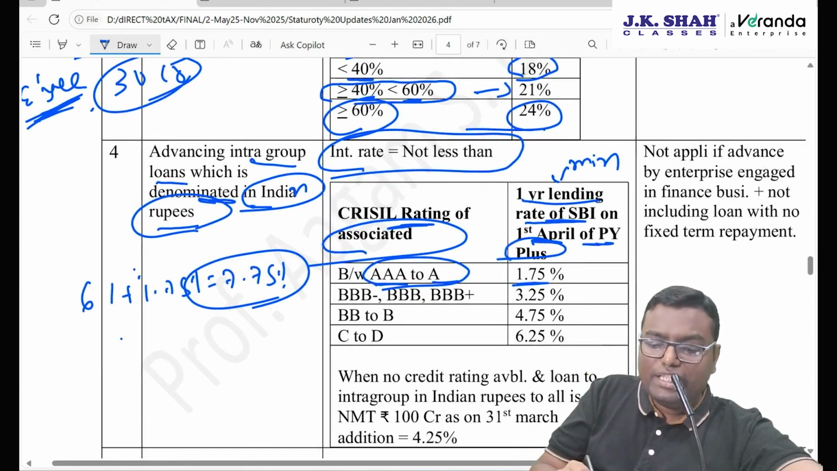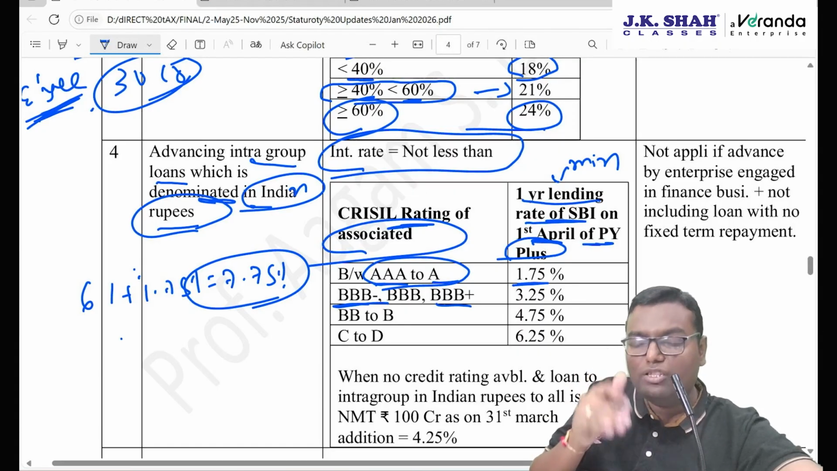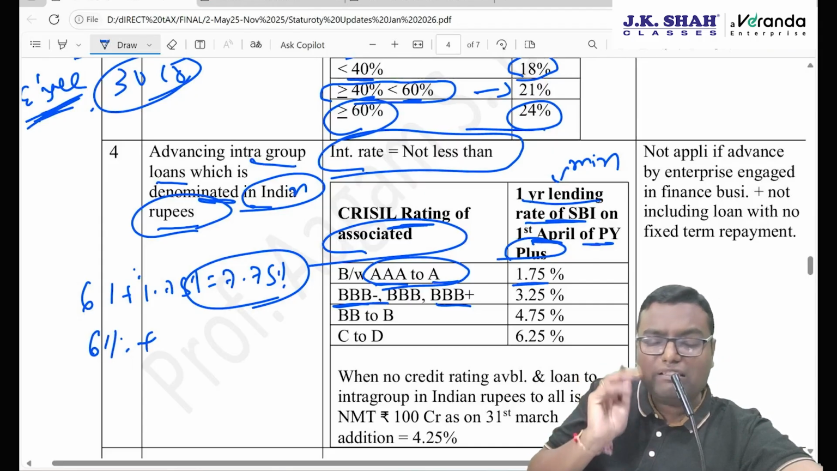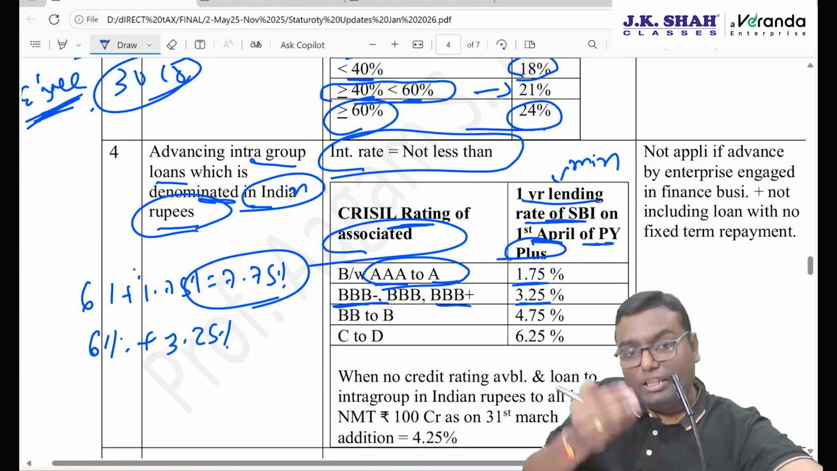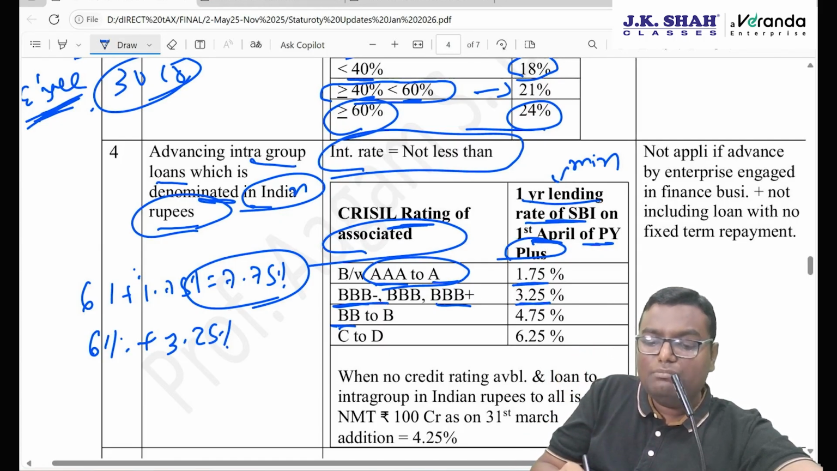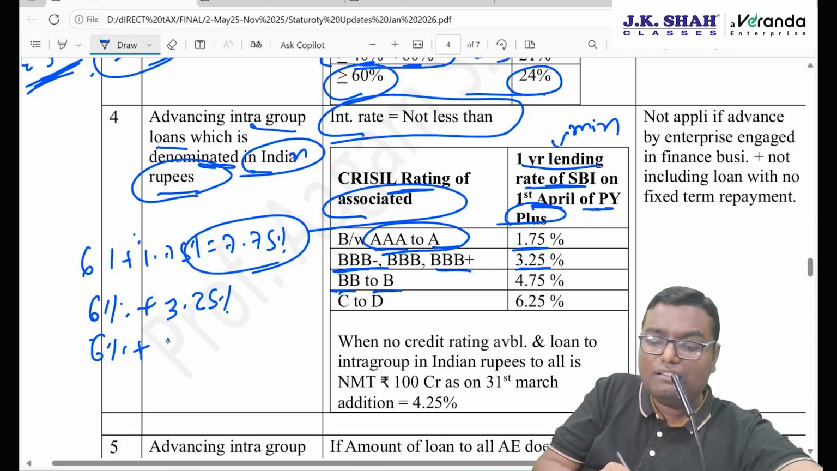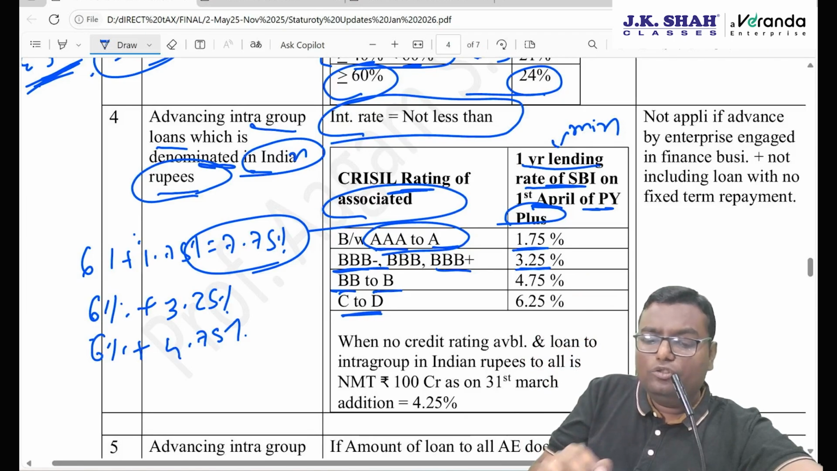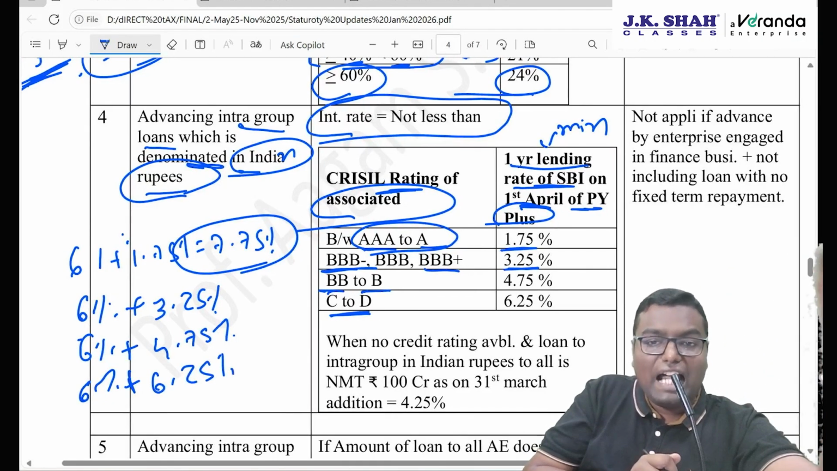If the rating of that associated enterprise is BBB minus, BBB or BBB plus, then whatever is the SBI rate, in my example 6% on the 1st April of the previous year, plus 3.25%. If the rating is getting lower, it is BB to B, then it will be SBI's 1st April lending rate plus 4.75%. And if the rating is the worst, C to D somewhere, then it will be SBI's 1st April lending rate plus 6.25%. This will be the minimum interest that you should charge over here, and you should show it